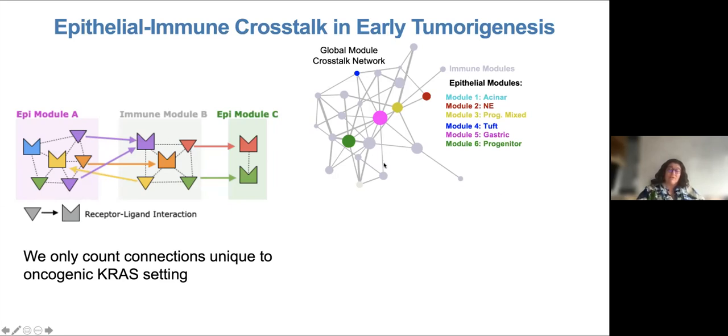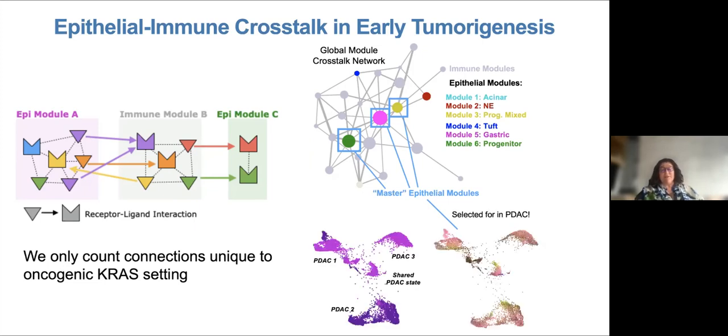And now you can see what I call a fuzzball. I hate these fuzzball graphs, but what you can learn from this one is that there are so many new communications that are only possible in the KRAS mutant between epithelial cells and their environment. The gray cells are immune modules, and there's a bunch of modules that are master epithelial modules. Every one of these balls represents the number of such communications that exist. And you can see that these few modules have a ton of new communication with the immune system that just doesn't exist in a wild type setting.